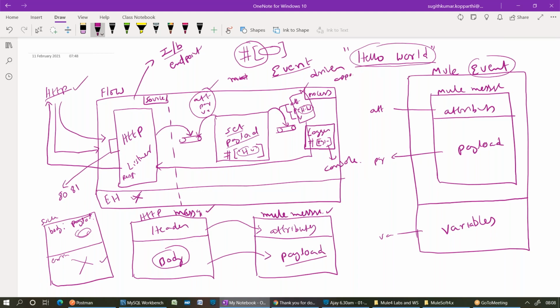Do you understand why now? Between the processors, the event will be driven. Whenever you get a request, one event will be created. If you create any variable, that is also part of your event. So wherever the event propagates, you can extract the attributes, you can modify the payload, you can extract the variables, and you can create new variables in that event, right? So I hope you understood how Mule works behind the scenes.